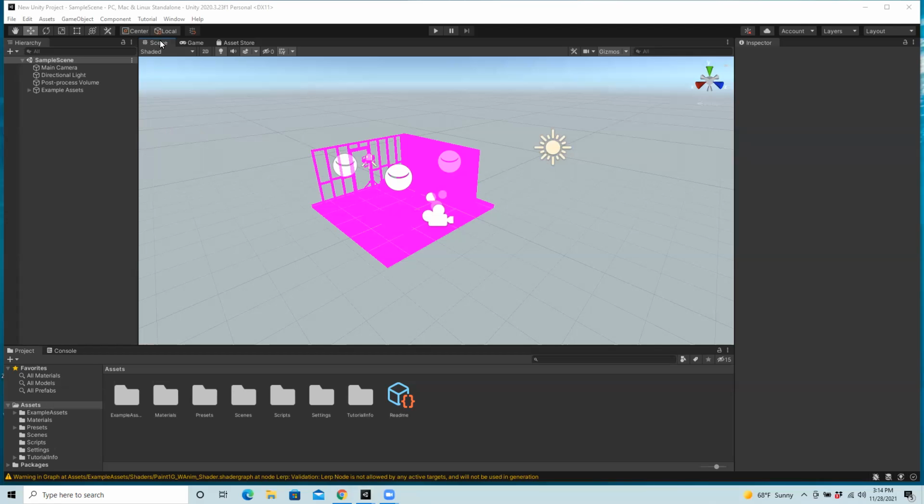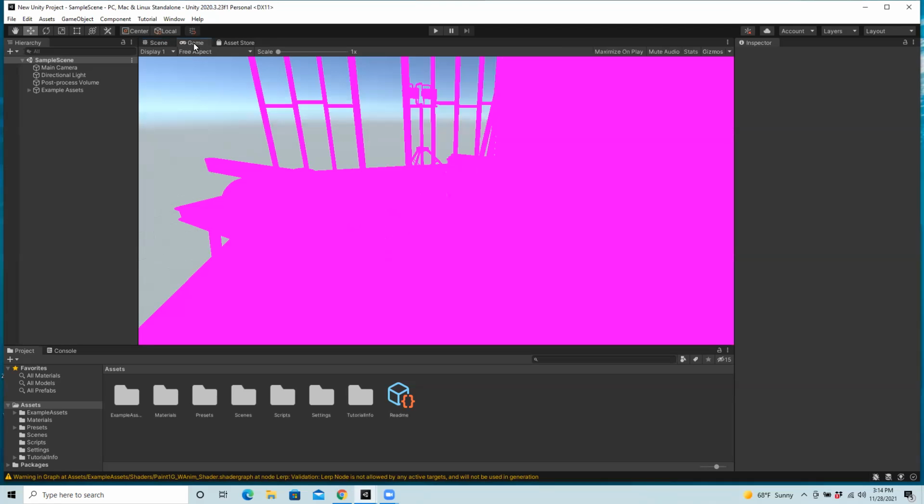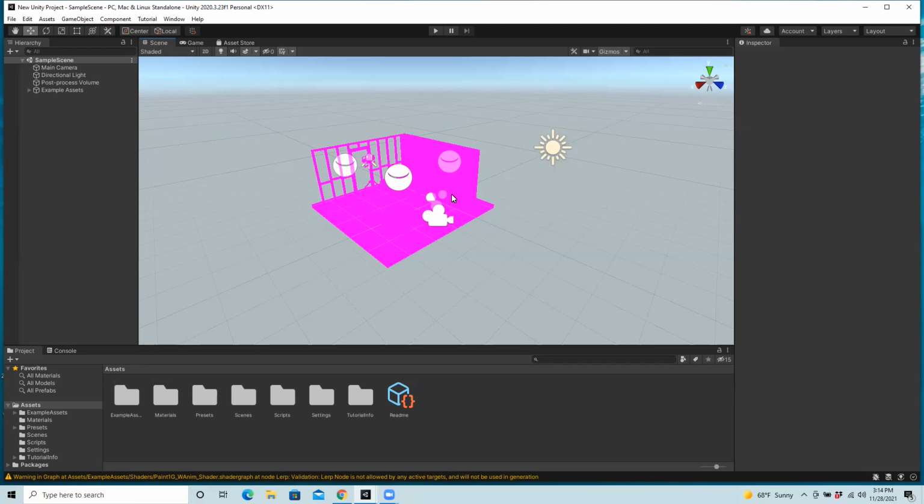I'm in the scene view right now, as opposed to things like the game view tab. Bring scene forward. And they give you some default objects. There's kind of a construction scene as an example. You can see the objects actually listed under hierarchy. So you can see the example assets if I toggle that open, and also things like camera and light to